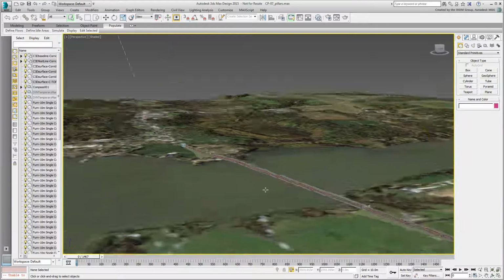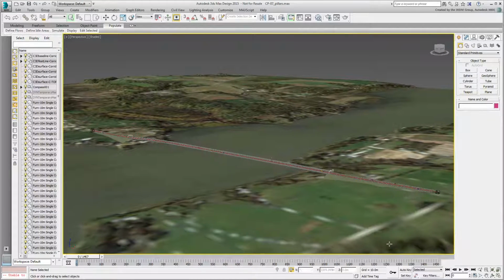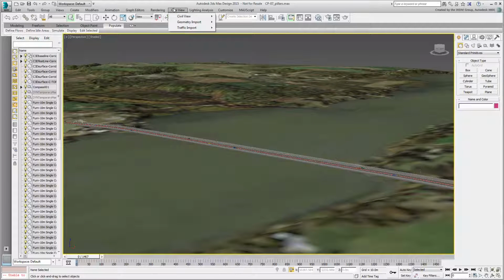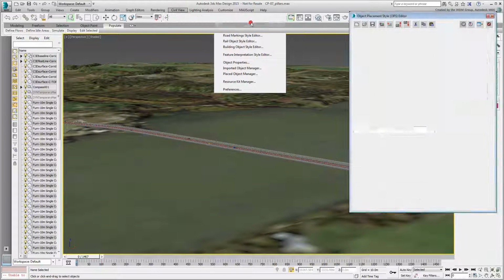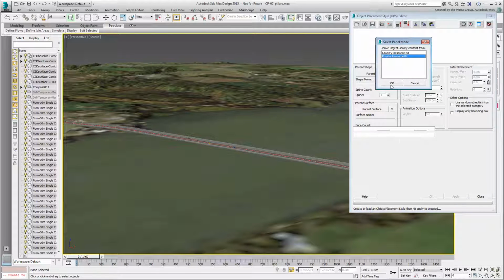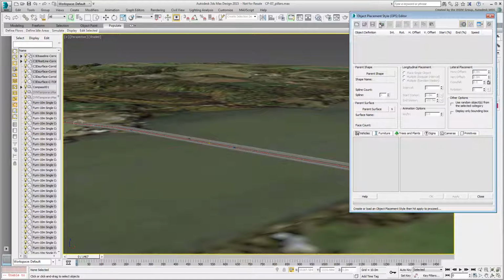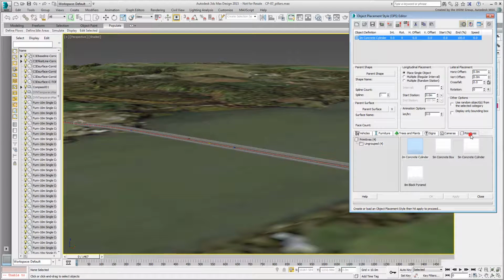The part of the bridge that spans over the water needs some kind of a pillar structure. The Civil View Object Placement Style Editor would help with that process. By default, however, you can only rely on a handful of primitive objects, and they are not particularly inspiring. You can potentially use these primitive objects, but you may want to actually create your own pillars and add them